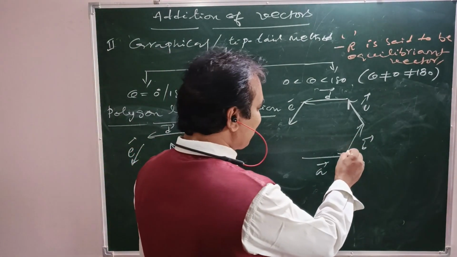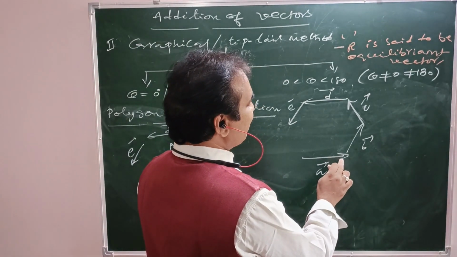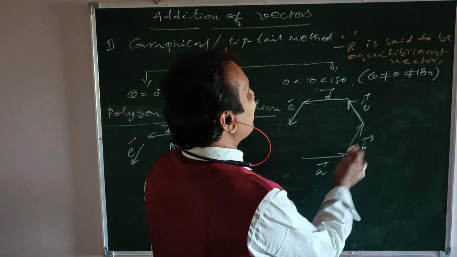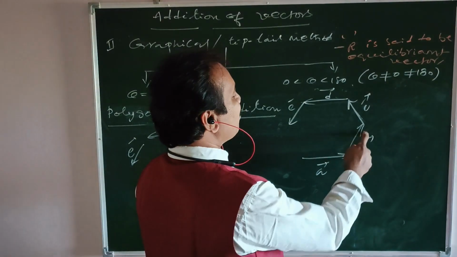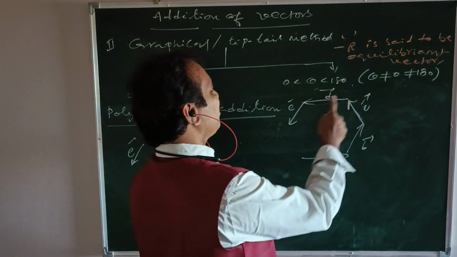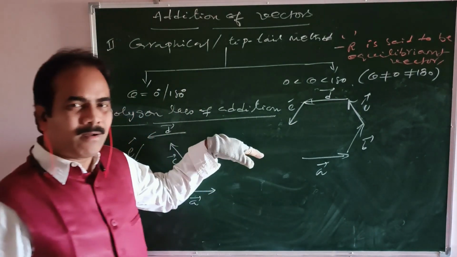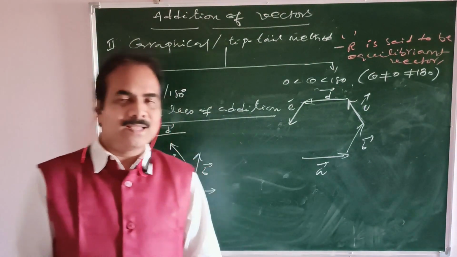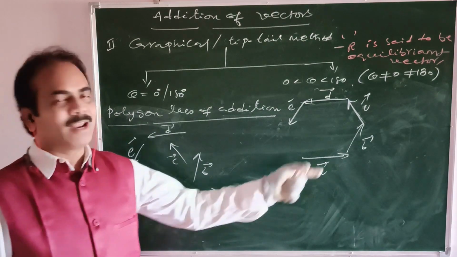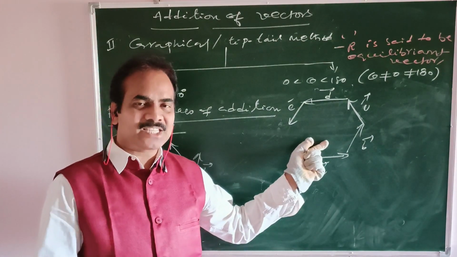Why the same order? Head of one vector meets the tail of the next vector and so on. See, head to tail joined, here also head and tail joined, here also head and tail joined. Okay, so given all coplanar vectors are taken as the adjacent sides of a polygon